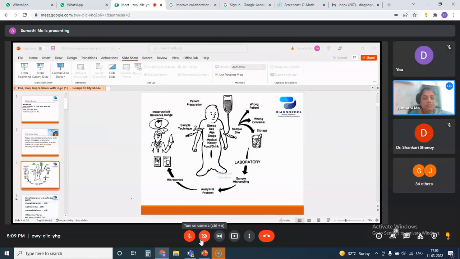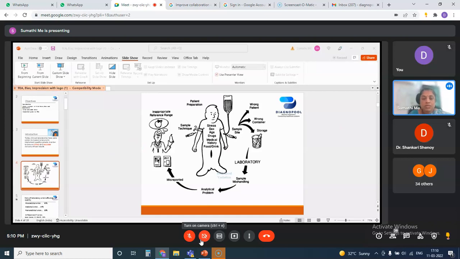And of course, after we analyze the report or before the report is being released, the errors which can happen at the post-analytical part are the typographical error or any LIS interfacing error or any error which goes unnoticed, which can lead to this type of confusion. So the doctor is expecting something and what is delivered to him is something different. So all these errors are the total errors which can happen in an analytical process, that is in the laboratory, which includes the major components: the pre-analytical error, analytical error, and the post-analytical error.